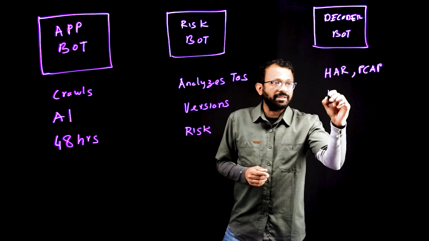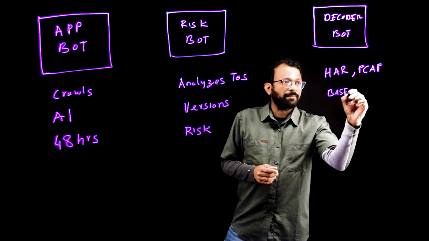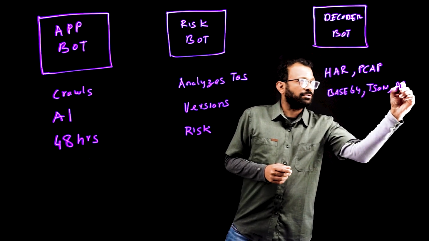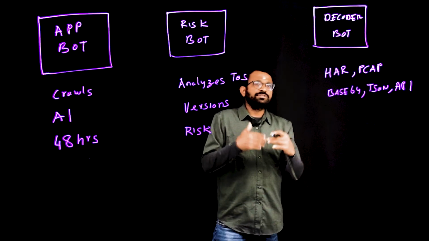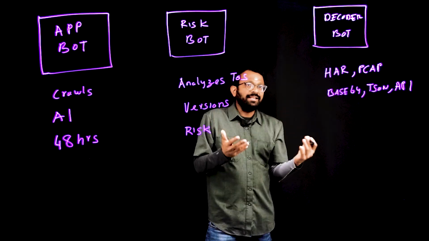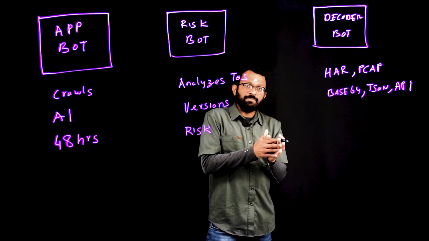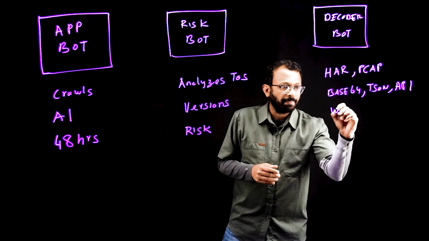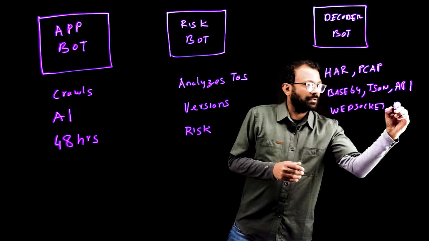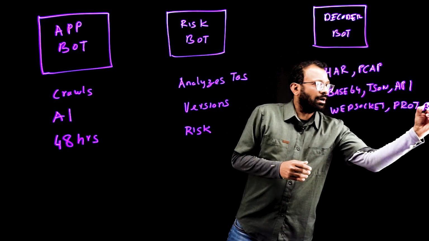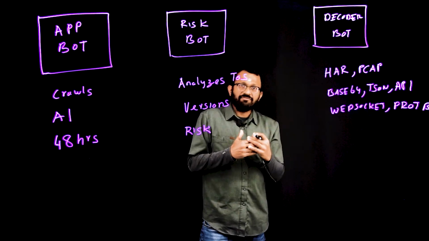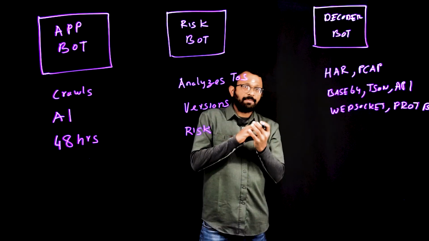So here are the things that we decode. For example, base64 encoding, what JSON is being used, what APIs are being used. And these are all very basic things which most basic applications use. However, AI applications provide bidirectional traffic. So it's not relying on HTTP, but often uses WebSockets. They use protobuf. So our bot is also capable of decoding WebSockets and protobuf and can clearly deconstruct what is happening inside the